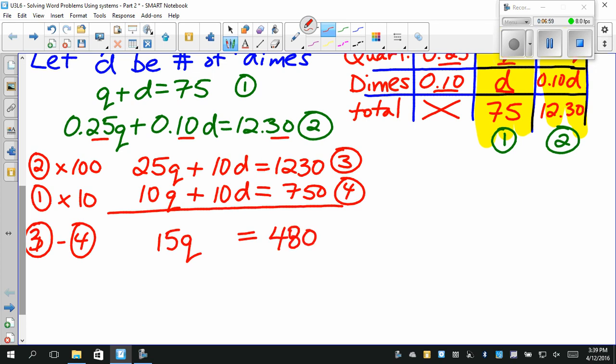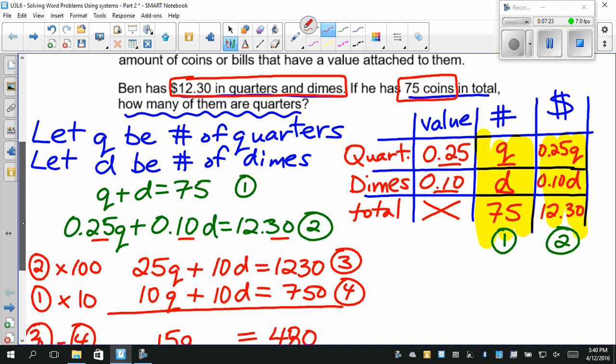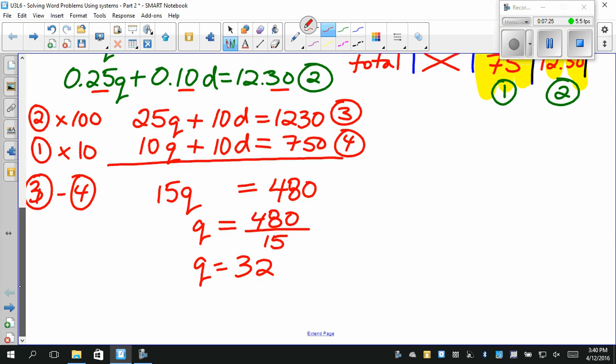And so now to figure out the number of quarters, we divide by 15, and we get Q equals 32. Now, if you remember back to the question at the beginning, they only asked us how many quarters there were. So in this case, we don't have to go ahead and figure out what the value of D is. We can just go ahead and write,